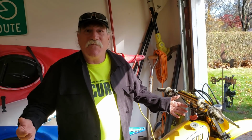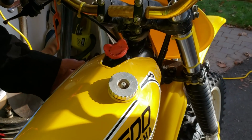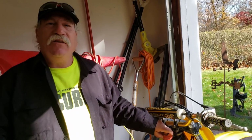They widened the tunnel on this YZ125 tank. Explain what that is, because maybe not everybody understands why that's such a big deal. What does that mean? Well, to me, it just means that there was a lot of workmanship put in it. The tank just looks beautiful. It looks original, but it's highly modified. Another thing, this machine's got oil in the frame, and